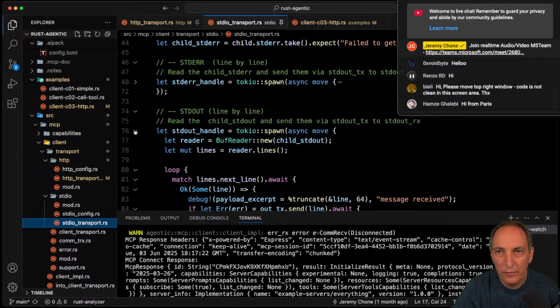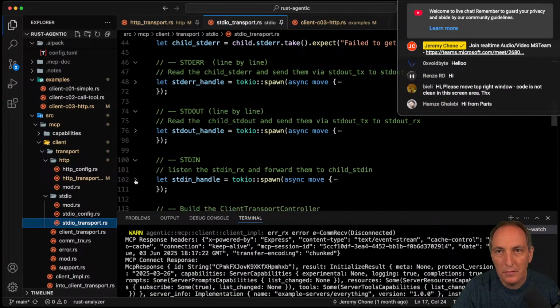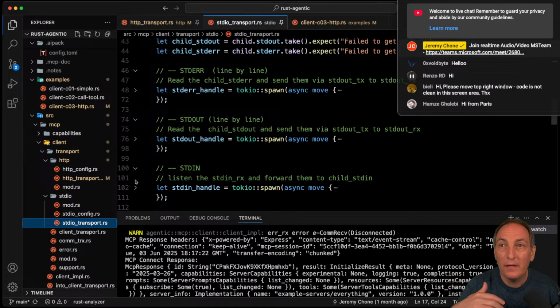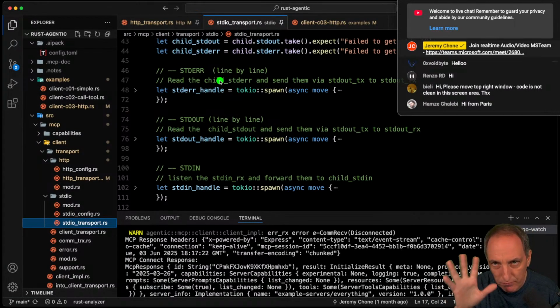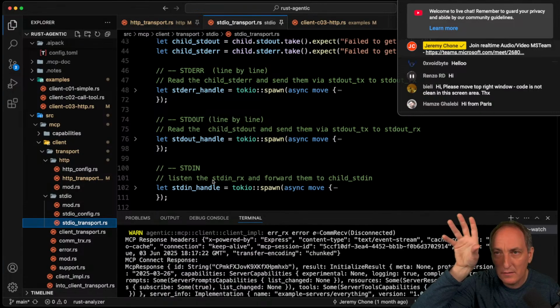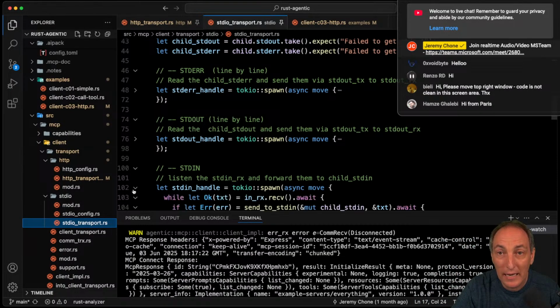And so I have three loops. I spawn three tasks, okay? One for the STD err, which is kind of STDIO kind of thing, but one for the output, STD out, so that will be what comes back from the MCP server, and then one for the STD in, which is what I'm going to send when I send a request. And it's pretty cool because it keeps track of the JSON-RPC ID, and then it goes back and everything. So I have those guys that run,